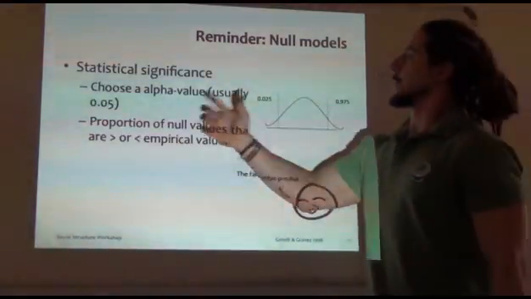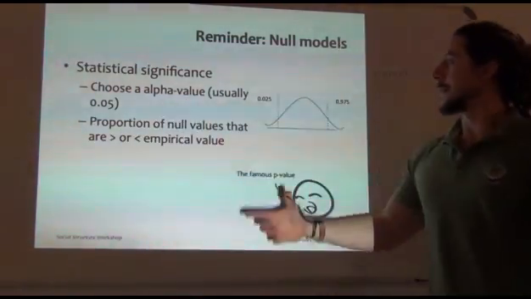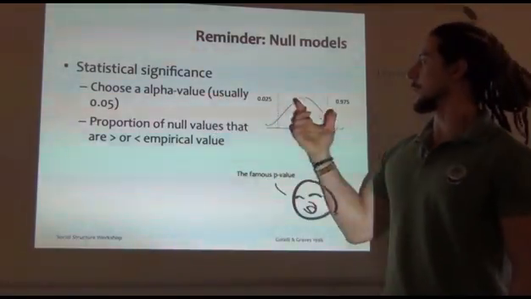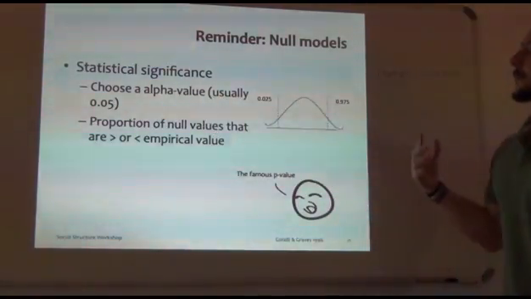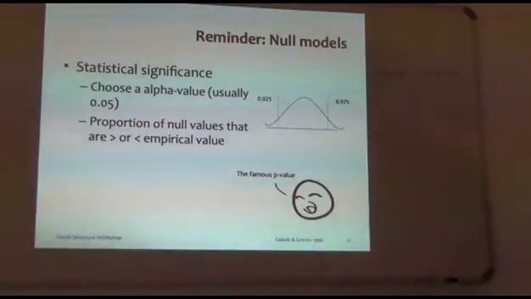Again, we usually choose an alpha value of 5%, and the proportion of the random values that are different from our observed is what will give us the p-value, the famous p-value. So we can present, for example, if we calculate modularity, our observed one, say 32, and then a p-value of, I don't know, 0.1. Or more commonly, we will present the observed